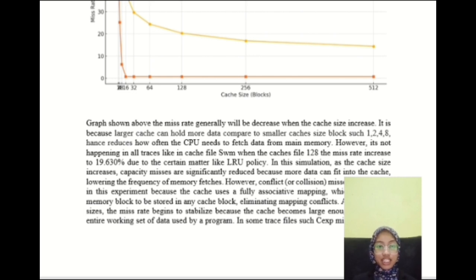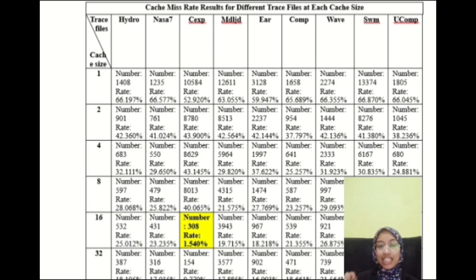At the larger cache size, the miss rate begins to stabilize because the cache becomes large enough to hold the entire working set of data used by a program. In some traces such as CEXP, the miss rate sharply drops from 40.07% to 1.54% at cache size 16. This occurs when the cache size crosses a critical threshold, indicating the cache can now hold the entire working set, drastically improving efficiency. However, this threshold differs between traces because each has its own memory access pattern and working